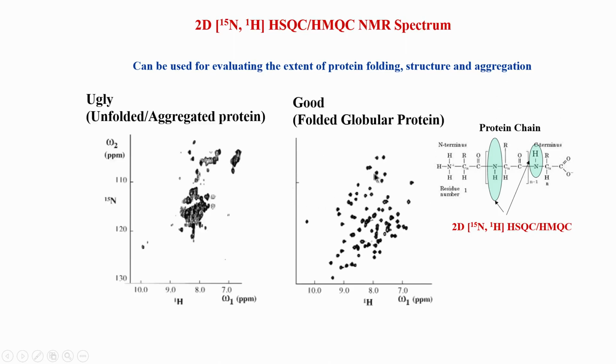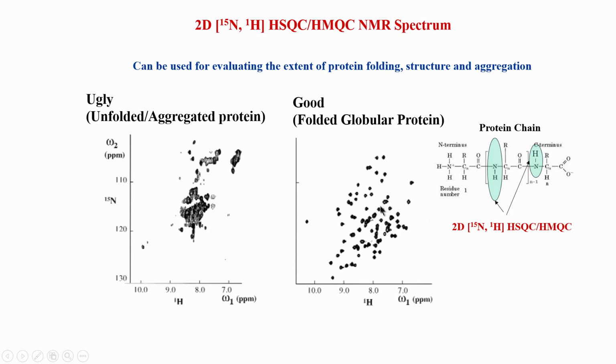Now look at these two spectra here. This is for some protein which got aggregated, or it became multimeric, or it basically started degrading, and you can see I can hardly see the peak separation here. These are the side chain peaks which I showed you. There are ways to figure them out, as we will see later, but here I can hardly count the number of peaks in this spectrum. But this was another protein which gives a beautiful spectrum. You can see it is a folded globular protein, whereas this protein is either unfolded, we do not know, or it could be aggregated. Most likely this is an aggregated system.